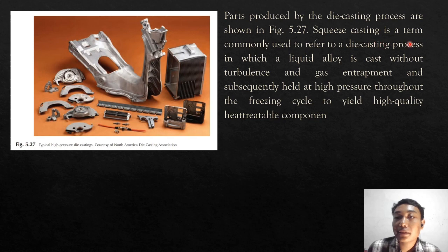Squeeze casting is the term commonly used to refer to a die casting process in which a liquid alloy is cast without turbulence and gas entrapment, and subsequently held at high pressure during the freezing cycle to yield a high quality heat treatable component. The next,